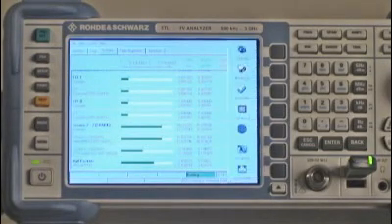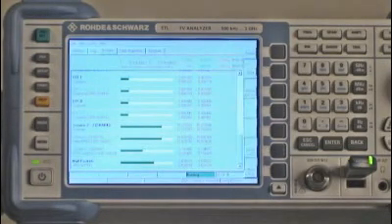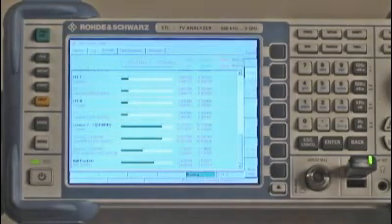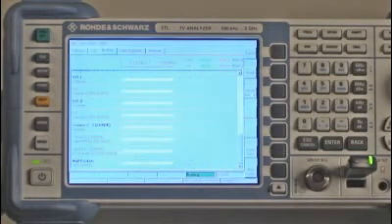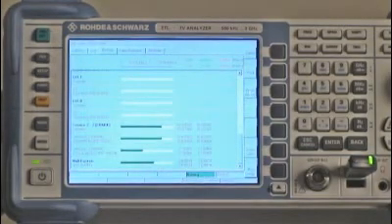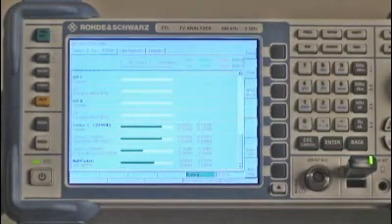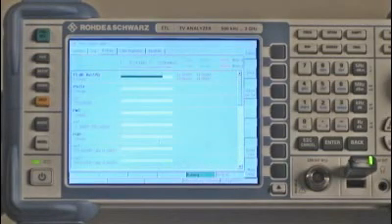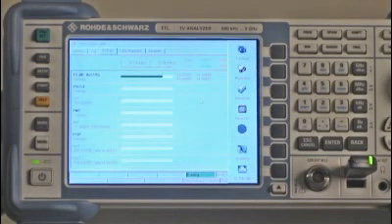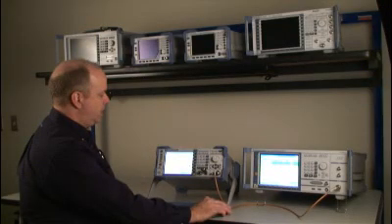I can actually set a hold, so it'll stop wherever it is right there, or continue on. I can also reset min and max values, which it'll start populating the fields again as it receives the PIDs. I can also look at the table repetition